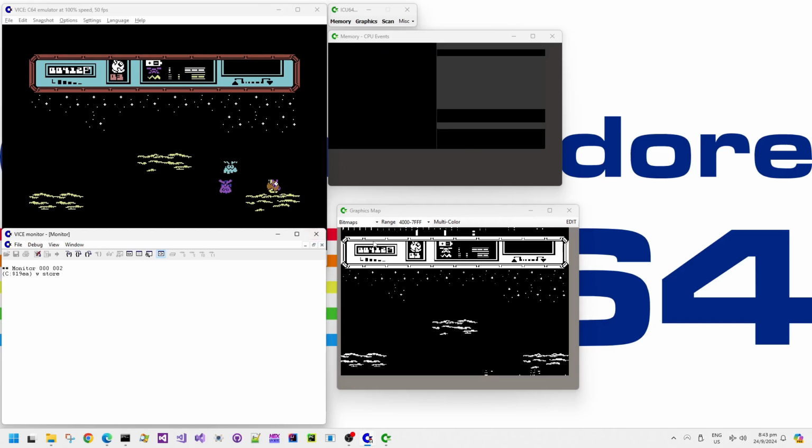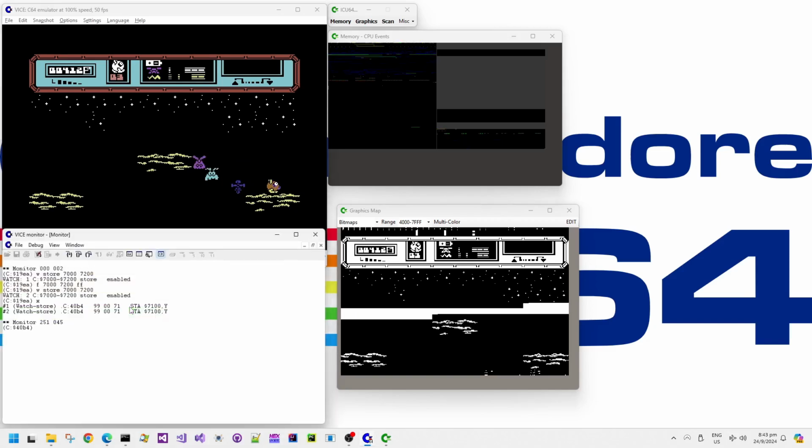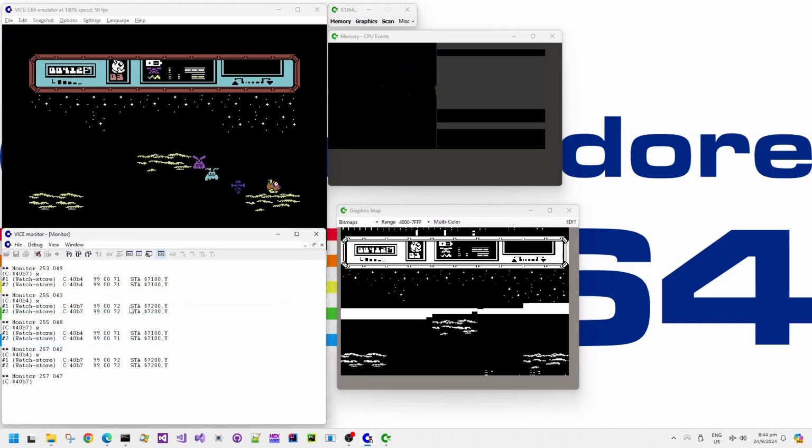So let's set a ranged watch store point for memory updating the bitmap data for roughly the middle of the screen. We know that the bitmap screen starts at $6000 in hex. So let's just fill $7000 to $7200, and that's the memory that we want to watch for. That's just the visible memory range. So when I flick to the next map, we can see that we're running some code, and this code here,